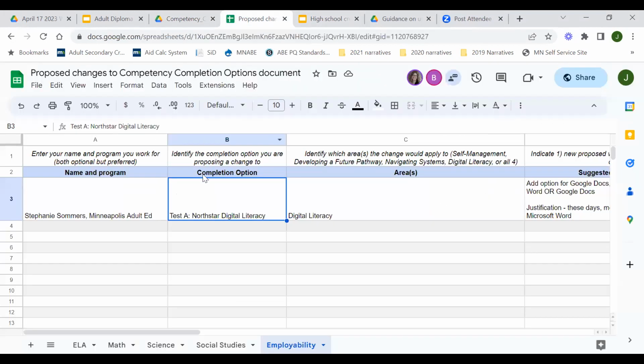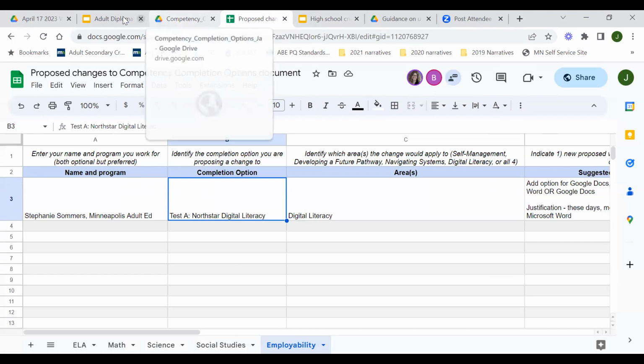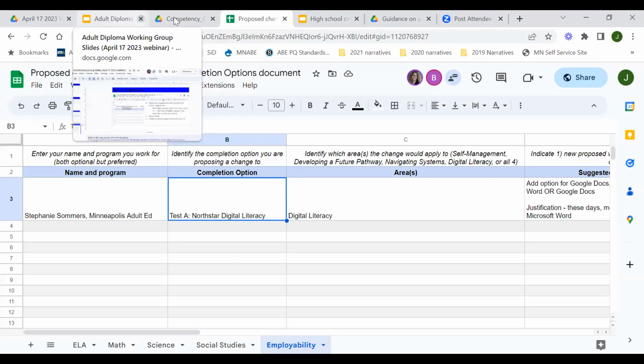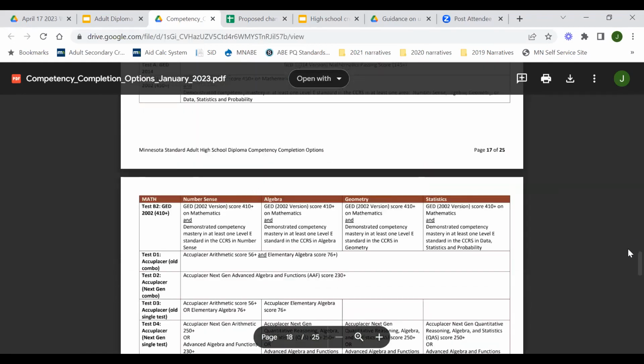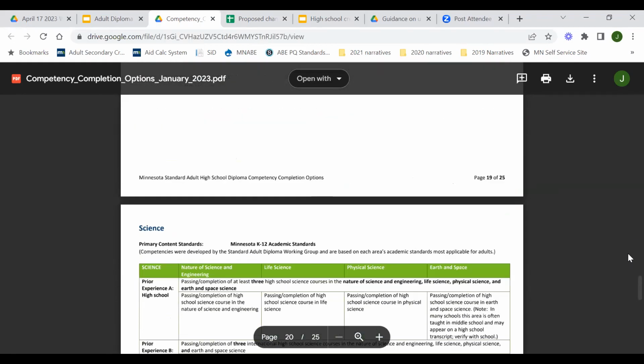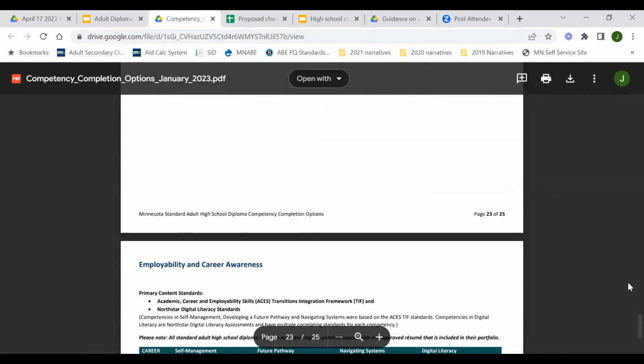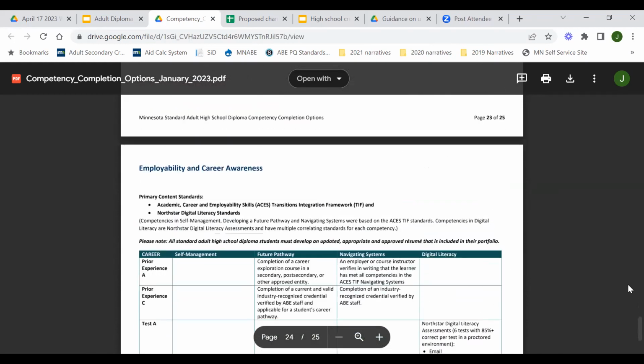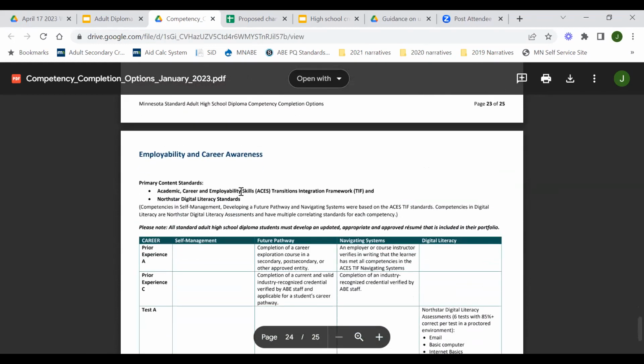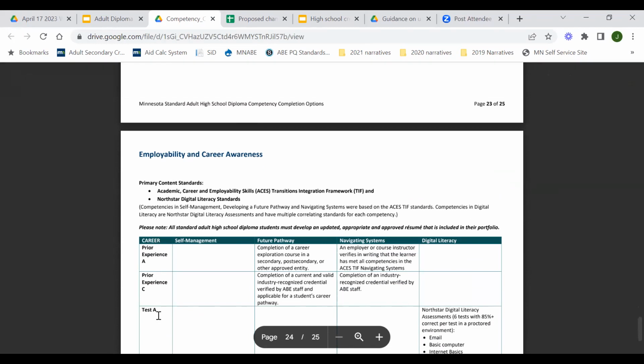Stephanie is proposing a change in the employability domain. On my document, I'm going to scroll towards the end to look at employability. Oh, that's science. Okay, here's employability. When we're talking about completion options, these identifiers in this far left column identify which option.